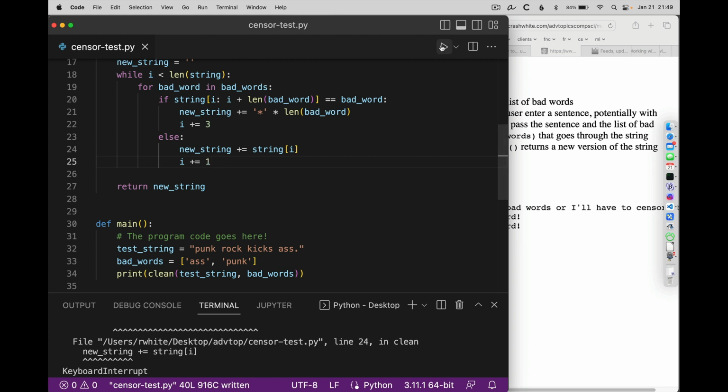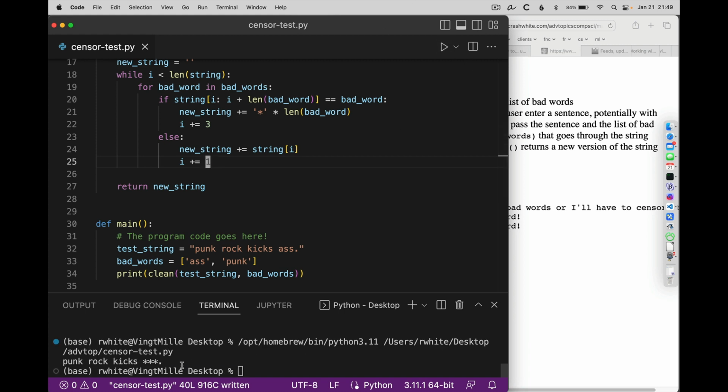Well, let me try this new version. Glad I caught that. Punk rock kicks ass. So it found the ass, but it didn't find the punk. I'm not sure what's going on there. It looks like there may be some issues with this. Not sure what the story is. It occurs to me,